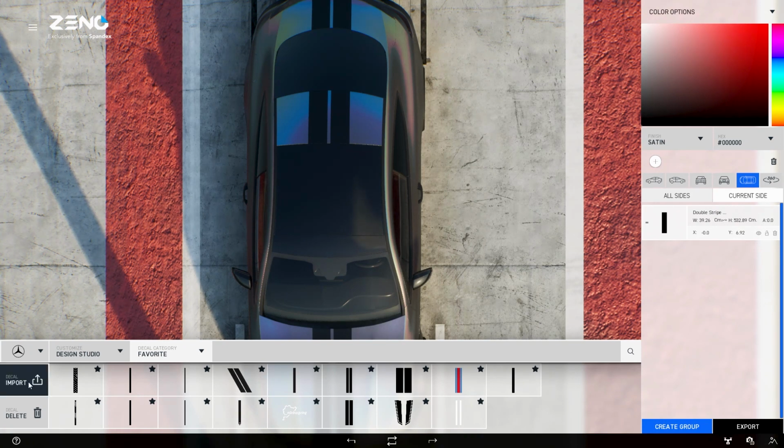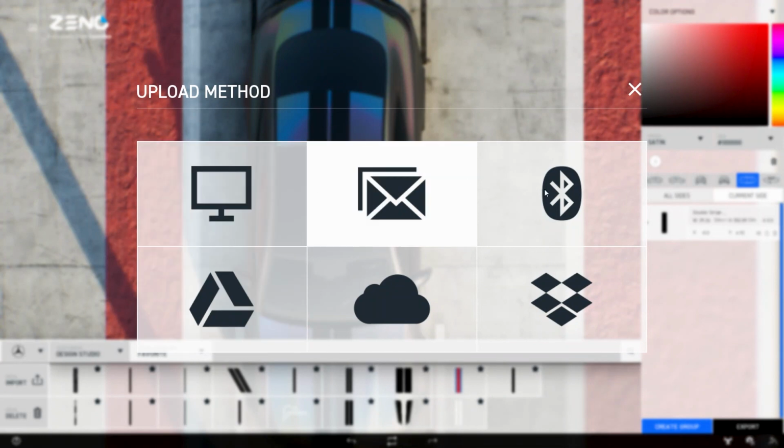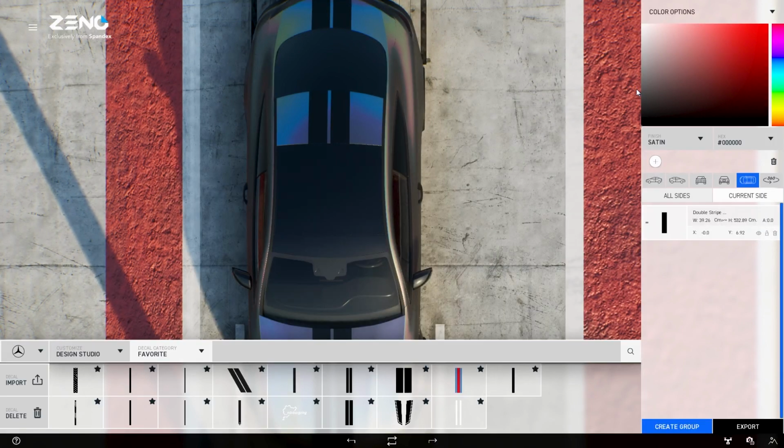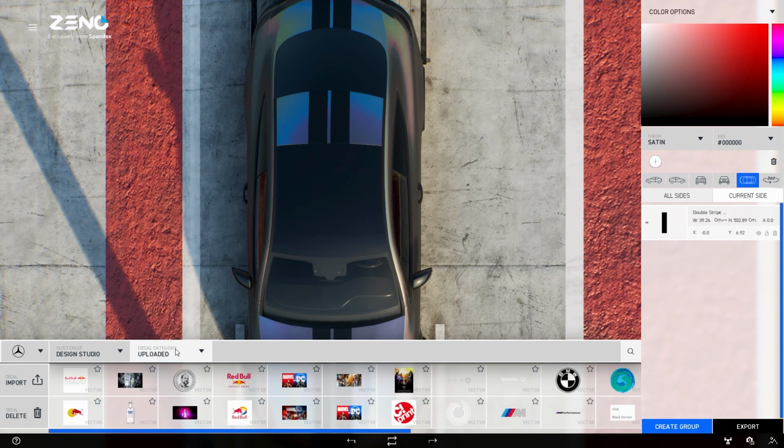So click on Import and choose where you want to upload your vector from. These are then added to your uploaded vectors. So this is stripes. We added maybe another 400 on top of our order line. Now the car is finished and the customer is ready to order.